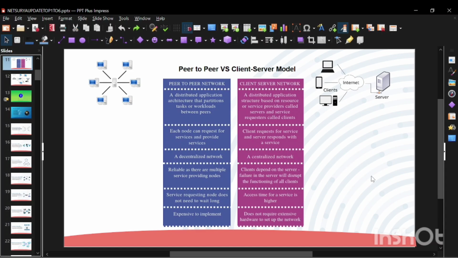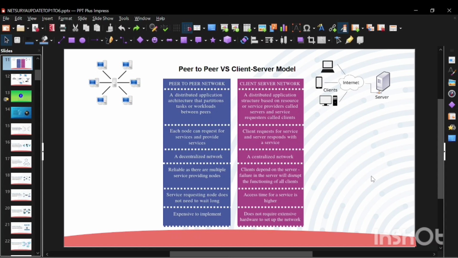In peer-to-peer or P2P, all devices are equal and can communicate directly with each other without needing a central server, right? But in client server, there is a central server that provides resources or services to the clients. Second, P2P devices can act as both client and server, but in client server, the client makes requests and the server responds to those requests.